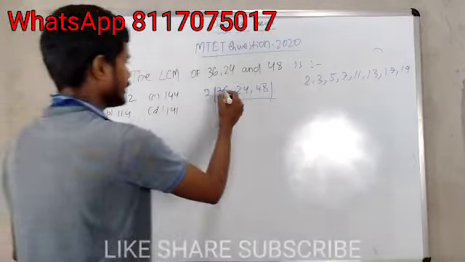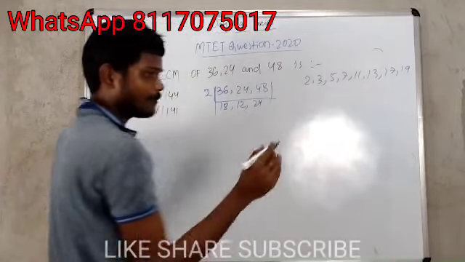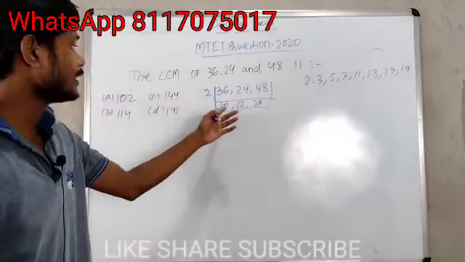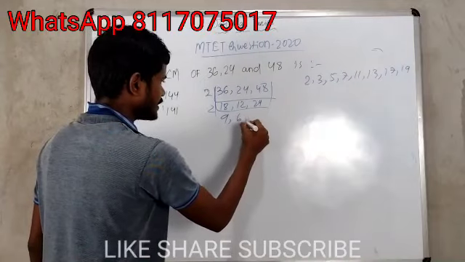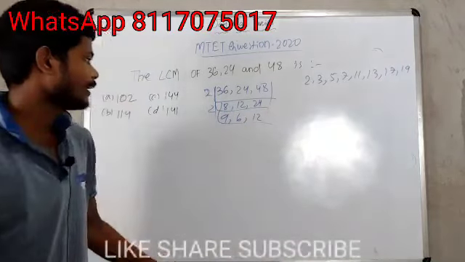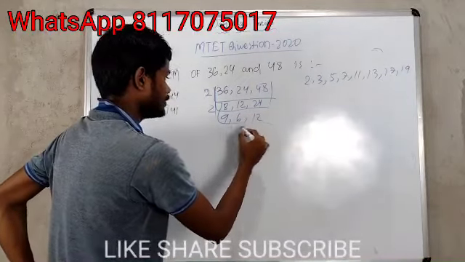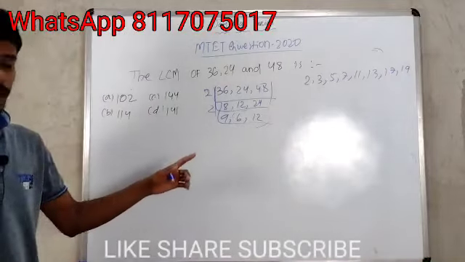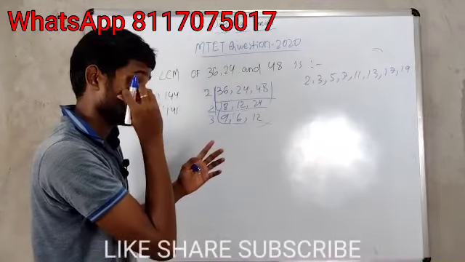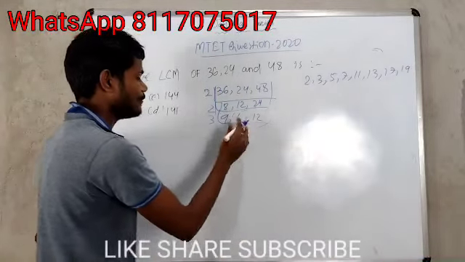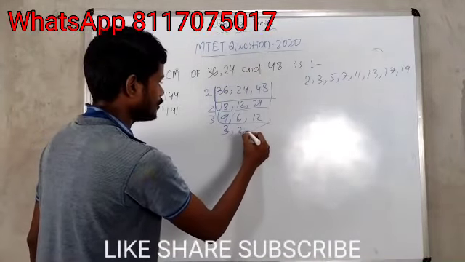If we divide 36 by 2, then it will be 18, then it will be 12, and it will be 24. Clear, friends? Then we come to know that they must also be divided by 2, then it will be 9, then 6, then 12. Here we see that 6 and 12 are divided by 2, but 9 is not divided by 2. So we have to focus on 3, because 9, 6 and 12 are divided by 3. So 3 into 3 is 9, 3 into 2, 3 into 4.